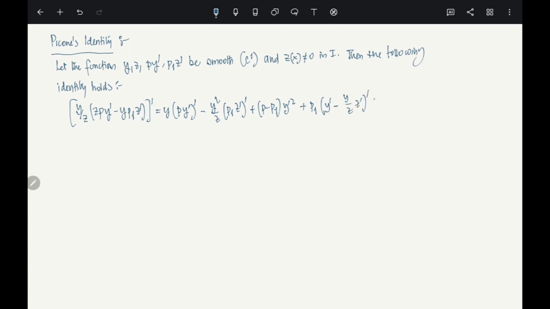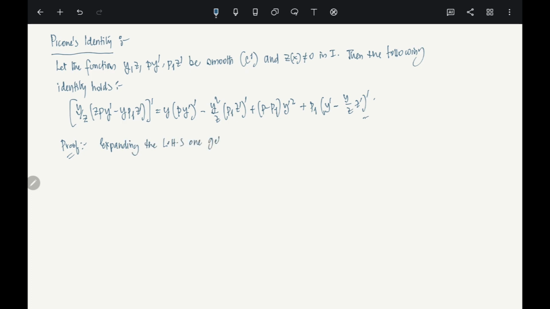This is okay. So how do you prove something like this? The proof, it's a no-brainer basically. What you do is you break it up and then put it together. That's all. Okay. So what we are going to do is I'm going to start with this right hand side. So we have this expression. One second. Sorry, let's write the left hand side and we'll go to the right hand side from there. Okay, that will be better because it is just an expansion, right? So expanding the left hand side,